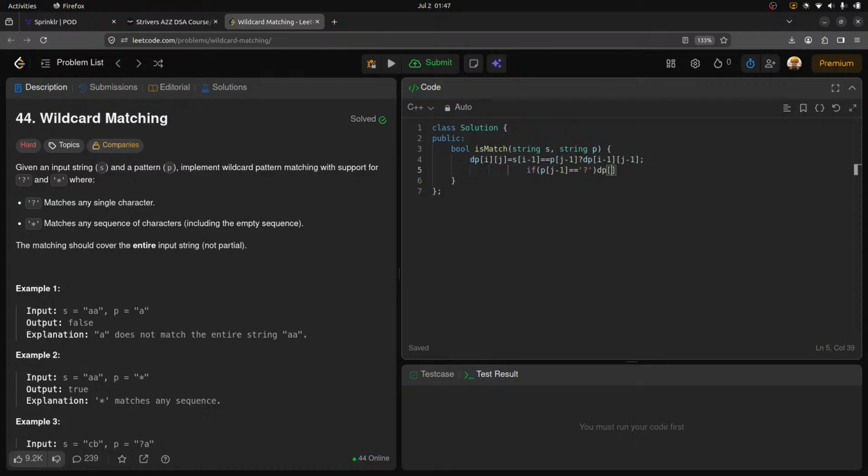If it is question mark, then is it necessary for me to put something, or is it not? Then also I just do this, correct? But if it is not question mark, it's something else, which is this star mark, then